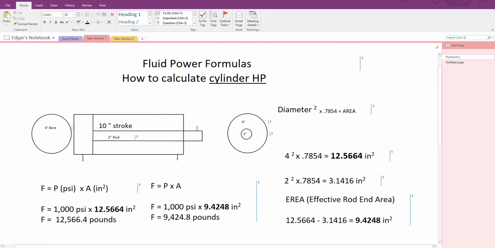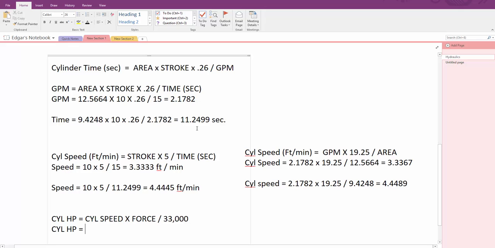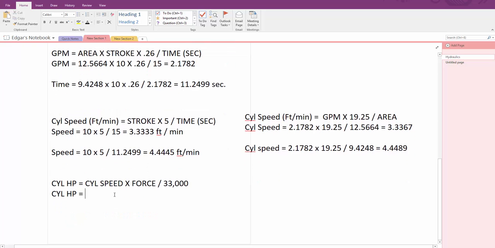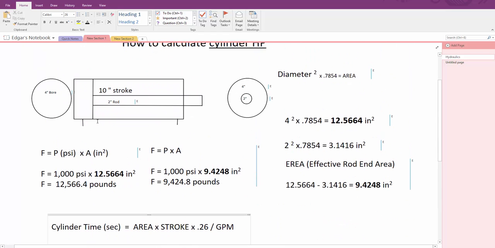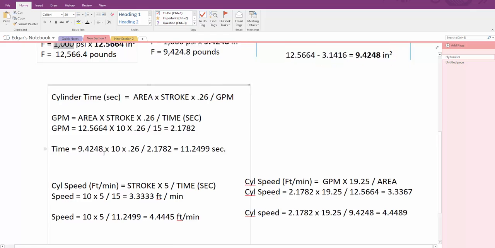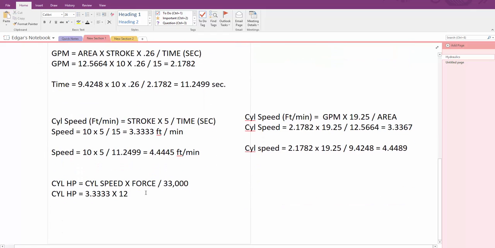So if we're going to be working on the extension side of the cylinder, we calculated earlier the speed of the cylinder on the extension, and that gave us a number of 3.3333. We multiplied that by the force on the extension side of the cylinder, and that is pressure times area, and we were working with 1000 psi. It gives us a result of 12,566.4. So we say 12,566.4, and we divide it by 33,000